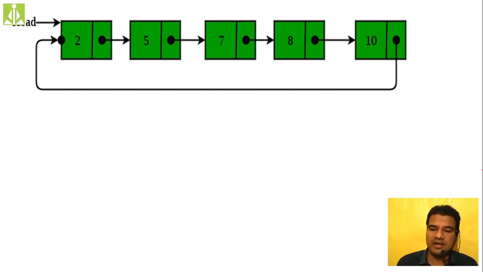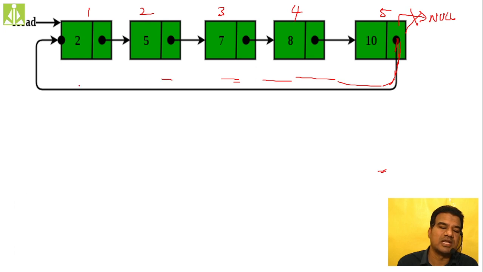So over here, in the regular case, if it is a regular singly linked list, we generally have the last node. So this is my last node. I am starting from here. This is first node, second node, third node, fourth node, fifth node, and this is my last node. In your singly linked list, this pointer will be made null to indicate the end of the list. But over here, instead of making this null, we are making it point back to the first node. As you can see, this link gives you that guidance. Our head pointer will remain as it is. It will point to the first node itself.